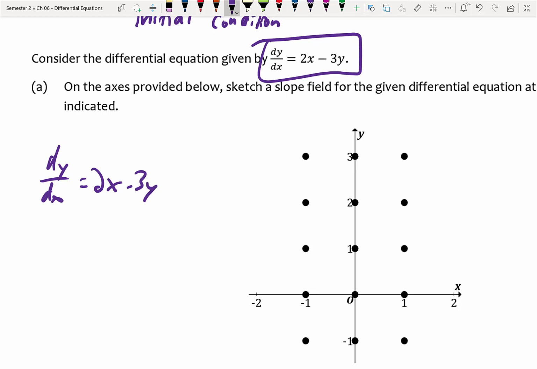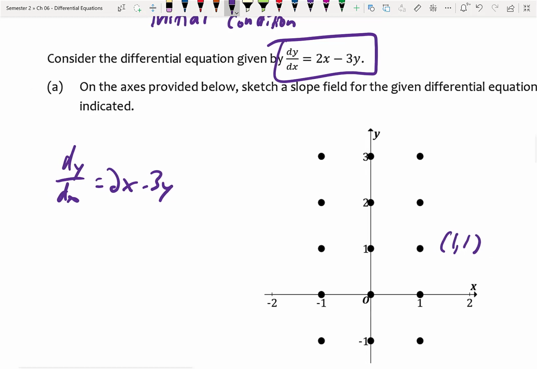And I'll do one little chain of this, one little piece of this. It's 2x minus 3y at every single ordered pair. It's probably easiest to start on the axes where one of them is 0, so then one of them gets knocked out. That's easy. It's also easy to do this one, and that's where I'm going to start. This is 1, 1. So 2 times x minus 3y, that would be 2 minus 3, which is